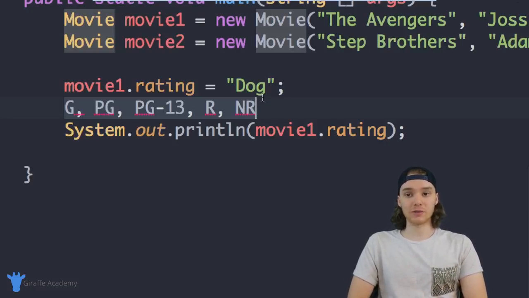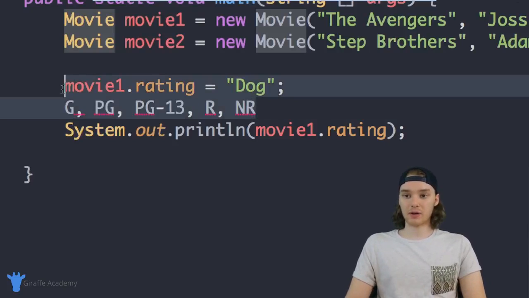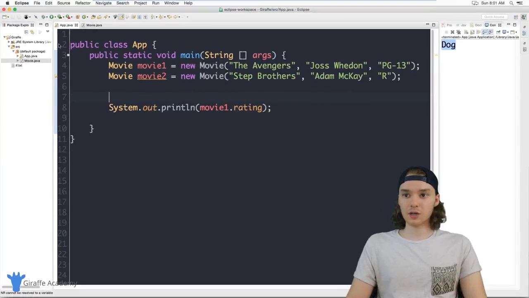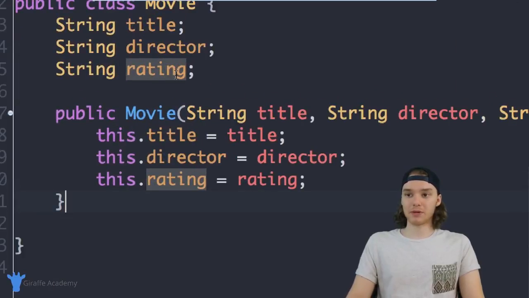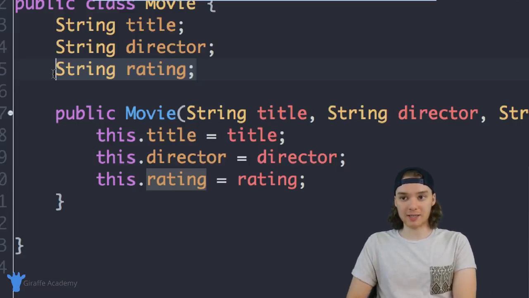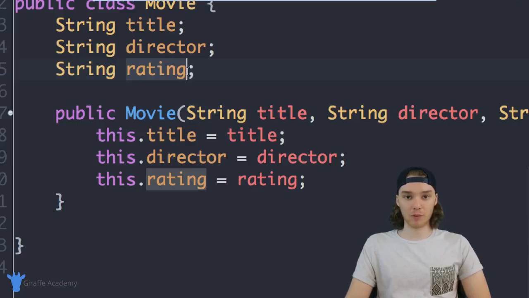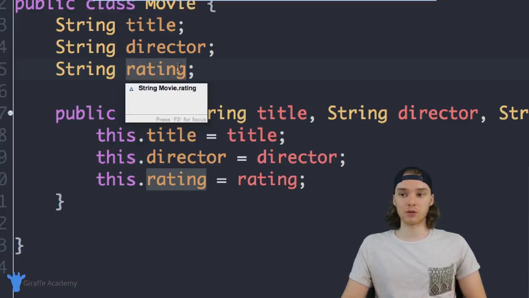We can actually do that using things called getters and setters. So I'm going to show you guys how we can create getters and setters. Let's go over to our movie class. Inside this movie class, the main problem we're dealing with is this rating, right? In other words, the Java program that creates a movie object is able to set this rating to whatever they want. So if I want to control what we can put in here as a rating, I can use something called a setter. And a setter is basically a method that an outside program will use in order to modify